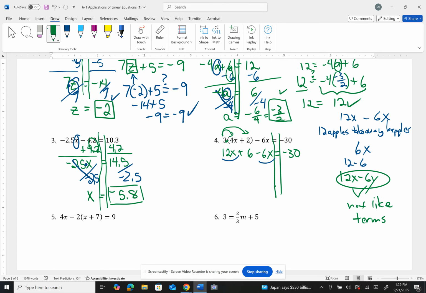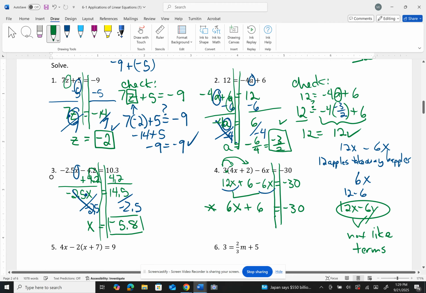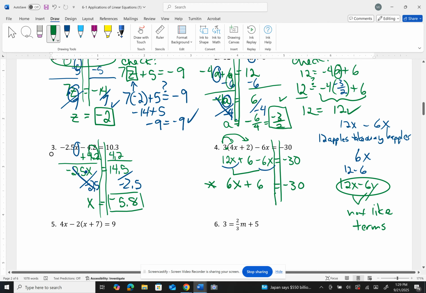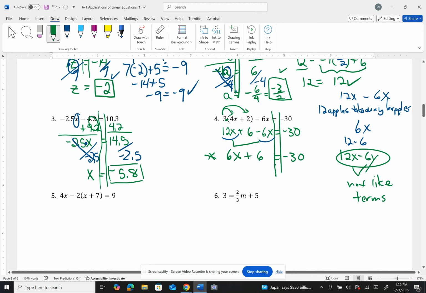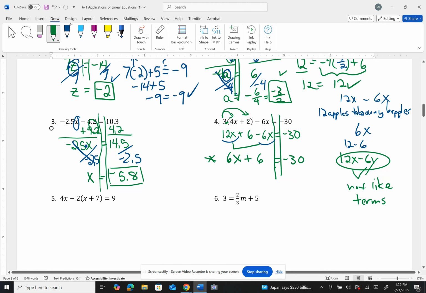Okay, so if they have the same variable like that, first thing you're going to do is combine your like terms. That would be 6x. Then we have a 6 already. And then on the right side, we have minus 30. Now, do you notice that that problem, number 4, where we are right now, looks like the way this one started out? Okay, so that's what's going to happen on these more complicated equations. They start out looking messy, but at some point they're going to clean up and look just like question number 1. So once you get the hang of, ooh, I need to get rid of a plus 6,